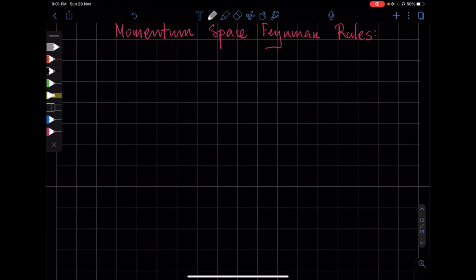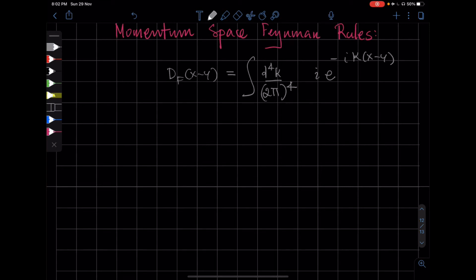So in computing scattering amplitudes from particle accelerators, we usually need these momentum space Feynman rules. To derive the momentum space Feynman rules, let's start with the expression of the Feynman propagator in momentum space, that is the Fourier integral expression. There's a factor of i. So thus we see that, suppose we have an internal vertex, say z, where 4 propagators meet, and each